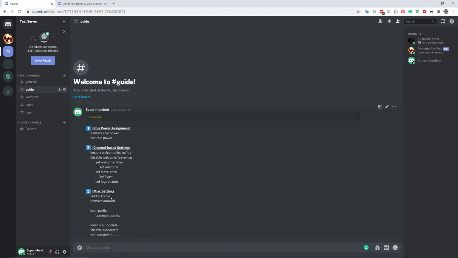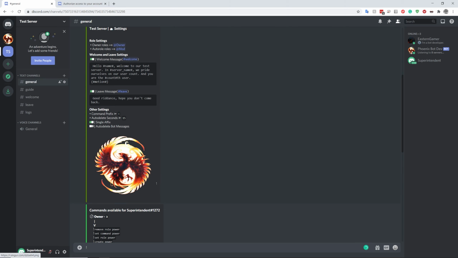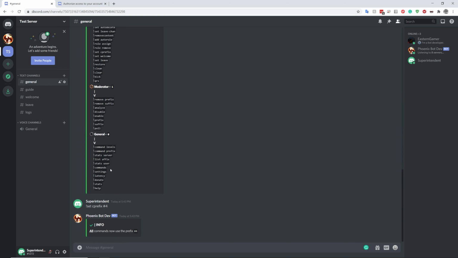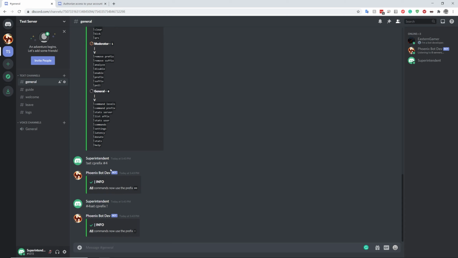Next up is actually set C prefix and command prefix. So to set the command prefix, this guy, you want to go set command C prefix and then something like hashtag or hashtag 4. Now all commands will now use this command, including the set suffix set prefix command. So if you want to set it back, you have to use the old prefix or the new prefix that you just set. However,